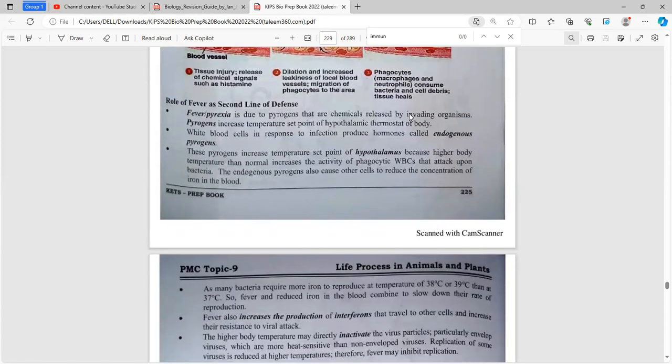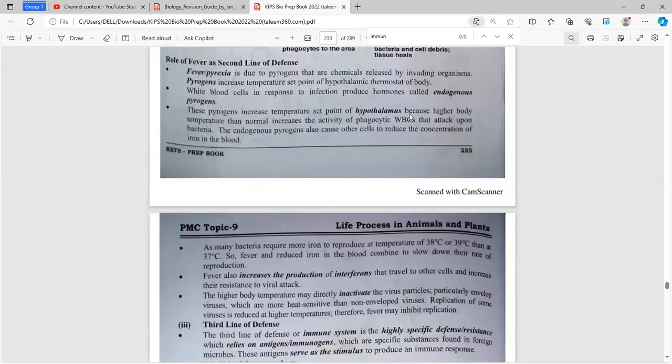As we talked previously as well, what is the role of increasing the body's temperature as a line of defense? Microorganisms usually cannot survive at temperatures above 100 degrees Fahrenheit, so the hypothalamus increases the body's temperature above 100 degrees Fahrenheit in an attempt to kill the bacteria. However, it is a careful increase, as an increase of over 107 degrees Fahrenheit can also kill the enzymes and permanently denature them. Therefore, a balance has to be kept.